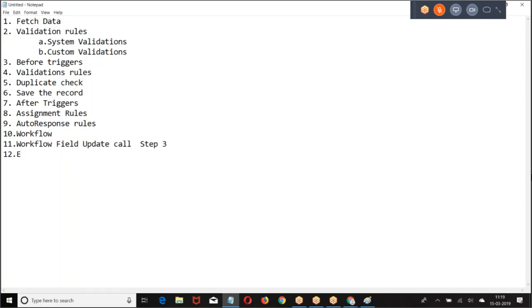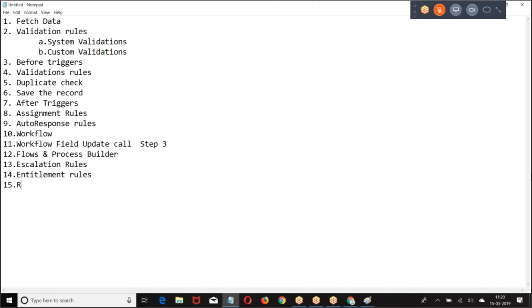Then we have escalation rules, then entitlement process.